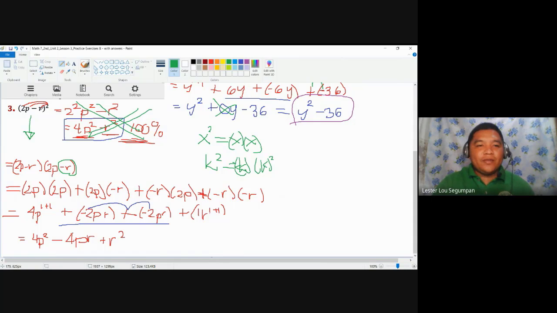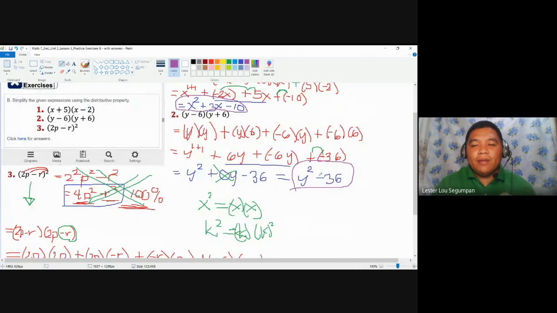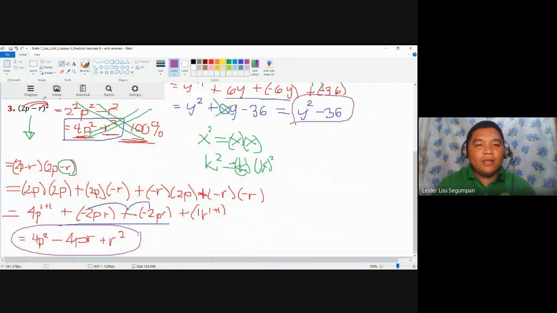What will be acceptable for this is to give two factors of the given binomial, use the FOIL method, combine what we can combine, simplify what we can simplify, and simply accept the final answer. No need to combine the terms here. This is p squared, that's r squared, this is pr. They are unlike terms, they stay as they are. Okay, so as you can see, we have here diverse examples. You have here that will result to a trinomial. This is a binomial. This will still result to a trinomial, but the given is with a square of a binomial here.